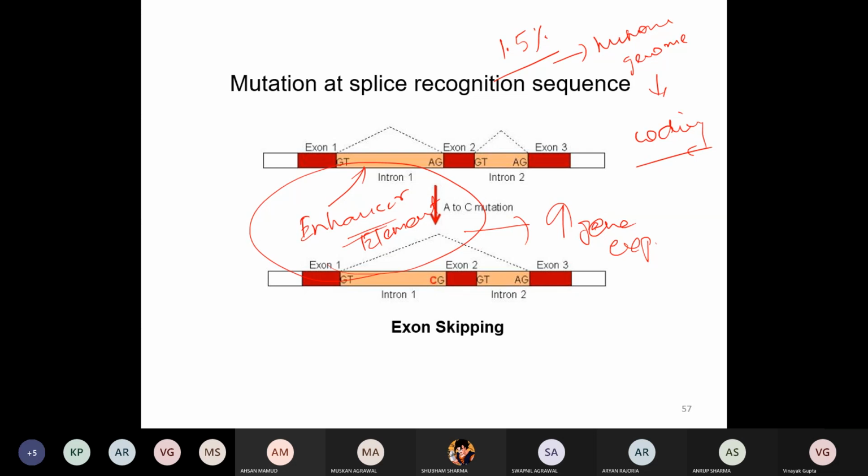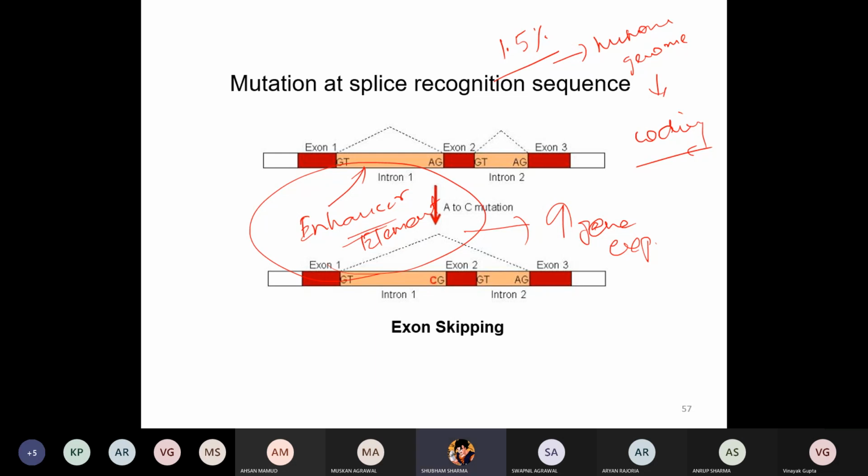If the cellular machinery has to remove this part, then what is the function? There is no answer to this question. Only partially, for some introns, people have figured out elements which can enhance the expression of that gene. They can increase the rate of transcription. But that is only for very few introns known to have the enhancer element. For the rest of the introns, we don't know. Any other question?